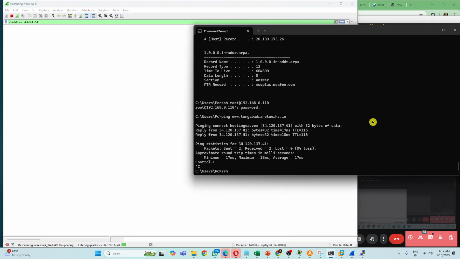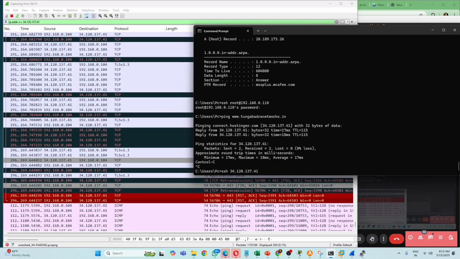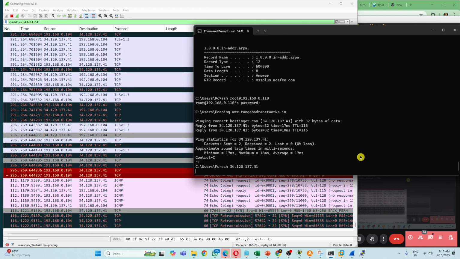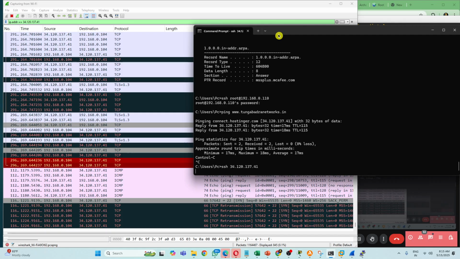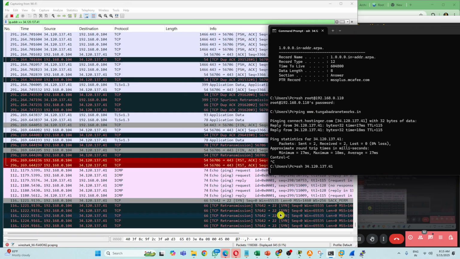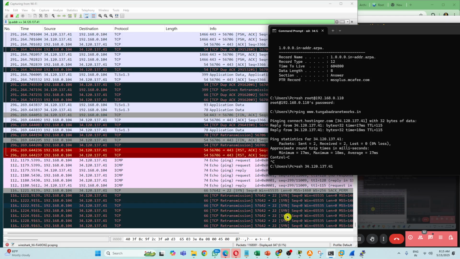Now I am trying to log in to my web server 120.137.41. Generally, I don't have access, but let's see. I'm giving SSH. See, I'm trying to send a SYN packet. Are you seeing it here or not? I'm trying to send a SYN packet, but I'm not getting SYN-ACK because I don't have permissions there.